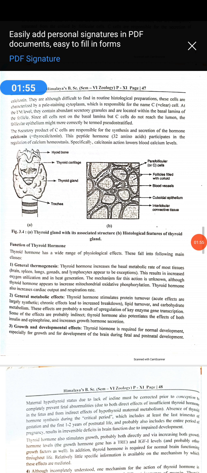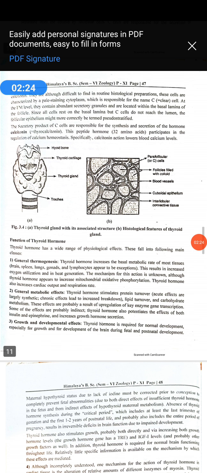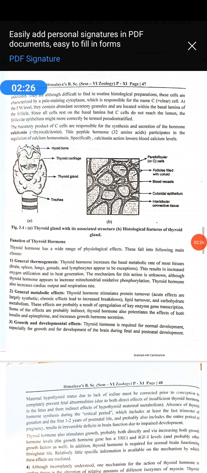It means that there are mainly two hormones secreted from the thyroid gland. The first one is thyroxine, an iodine containing hormone. Deficiency of iodine causes goiter. The second hormone is thyrocalcitonin or calcitonin, which is secreted by the parafollicular cells or C cells. The thyroid gland is stimulated to secrete its hormones by thyroid stimulating hormone from the adenohypophysis, which I already explained in the last period.